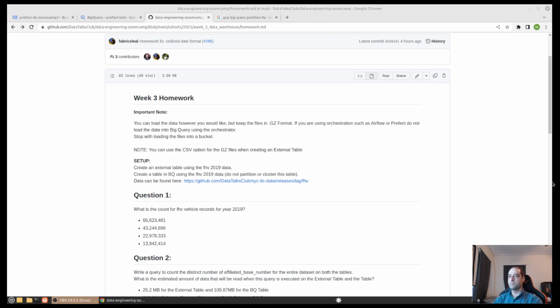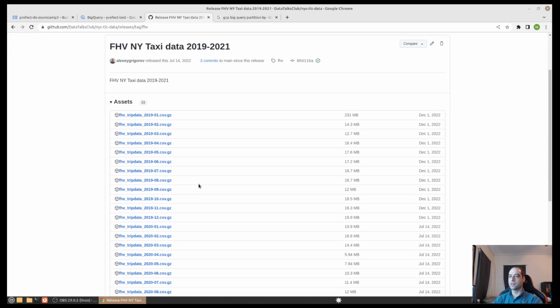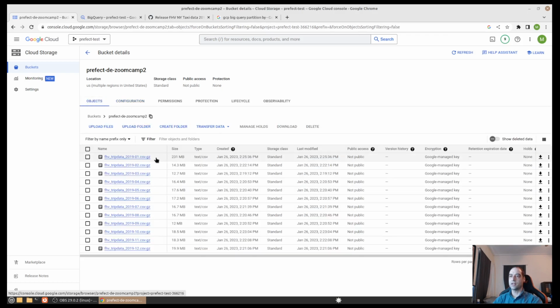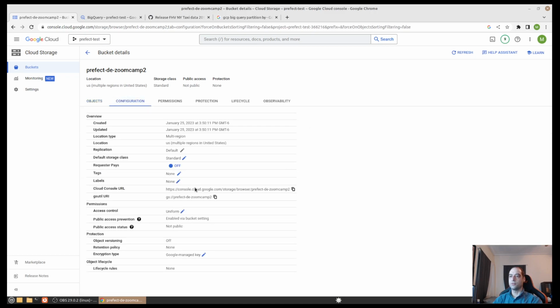So jumping right in, we have some instructions to keep the files in the .gz format, to not load them into BigQuery, to just load them into a GCP bucket, and then create an external table and a regular BigQuery table. And we have a link to the data files here. We see the 2019 files, and over here I have a bucket with the files already loaded, and we could go to configuration and just grab that URI,